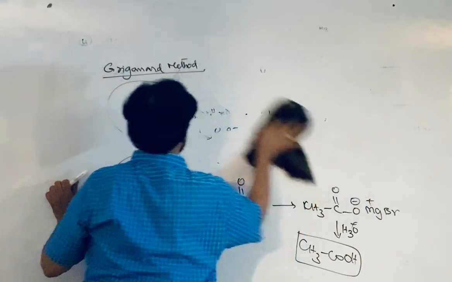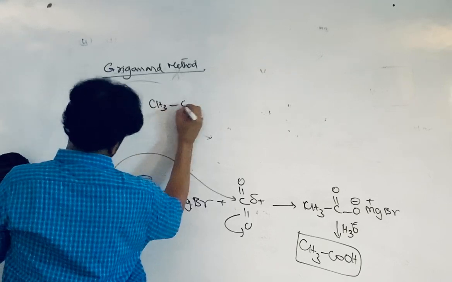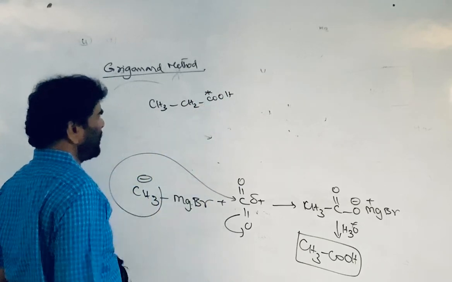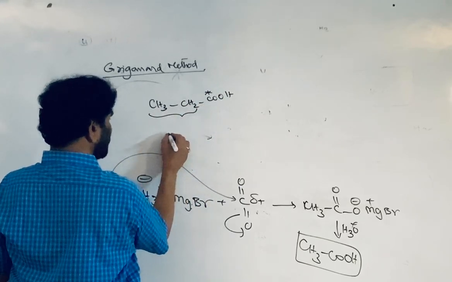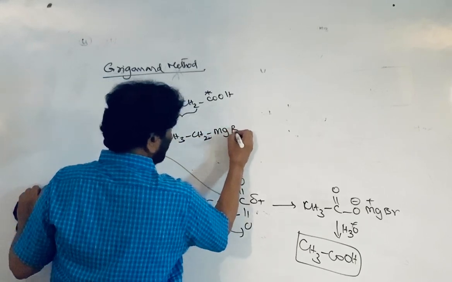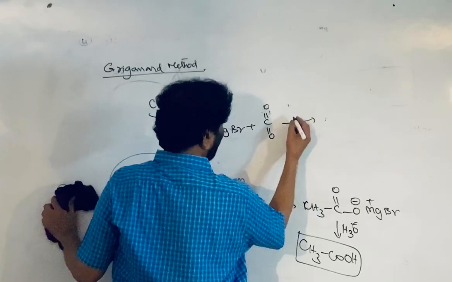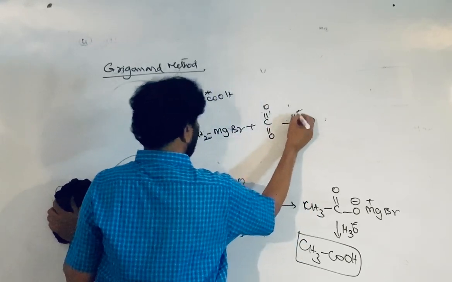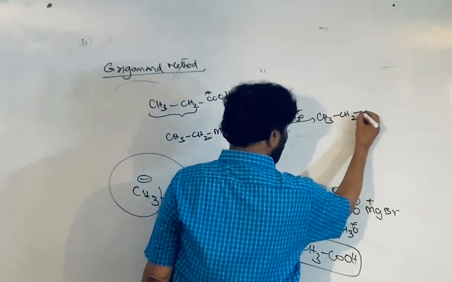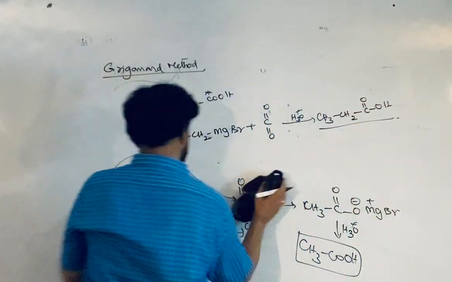So to prepare benzoic acid or propanoic acid by the Grignard method, what do we have to do? One part is from carbon dioxide, the other from the Grignard reagent. To make propanoic acid you take ethyl magnesium bromide and treat with carbon dioxide, followed by acidification in the next step. Through the same mechanism, the CH3 CH2 part plus the carbon dioxide part is converted into propanoic acid.